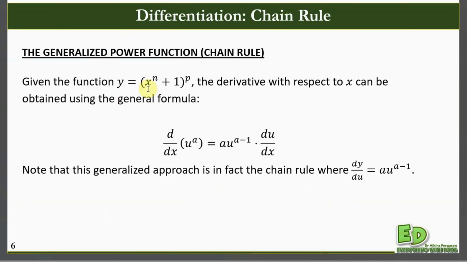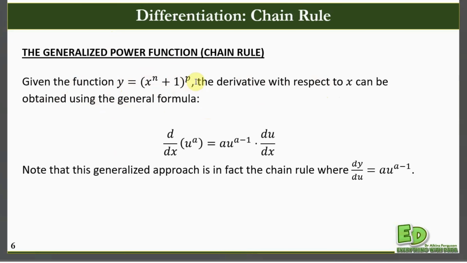The next rule under differentiation is called the generalized power function. We can also use the power rule to do that because it is raised to a power. Given the function y is equal to (x^n + 1) all raised to the power p, the derivative with respect to x can be obtained using the general formula,